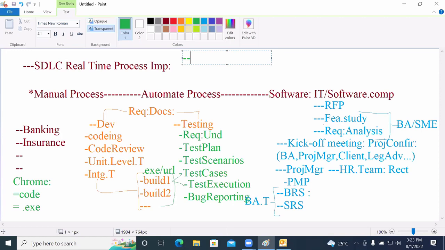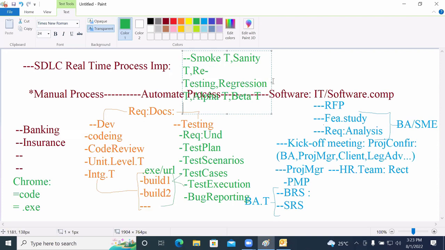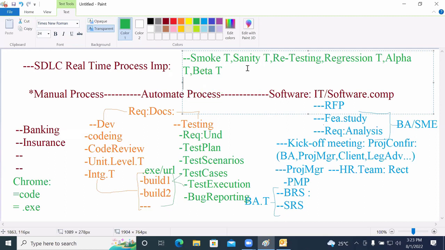In that, what is the first one? Smoke testing. After that, sanity testing. After that, retesting. After that, regression testing. After that, alpha testing. After that, beta testing. Once beta testing has been completed,